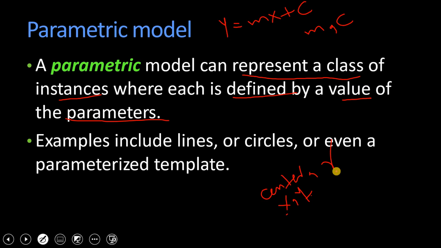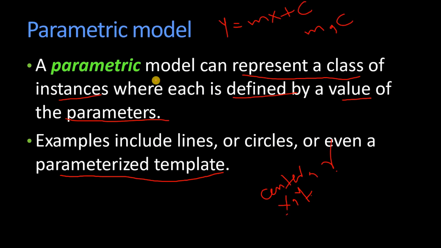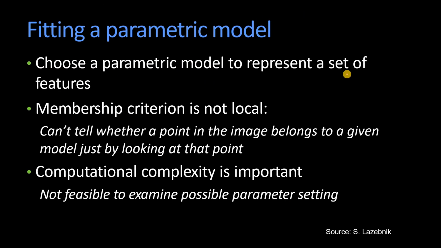So any type of parametric model you can try to find or search inside the image, the edge image, and examples are lines or circles, or even a specialized parameterized template or a shape, an irregular shape which is not a normal geometric shape. You can also find that. So how do we find it? That's what I discussed previously. We try to fit a parametric model. So you choose a parametric model to represent a set of features, and what you do is that